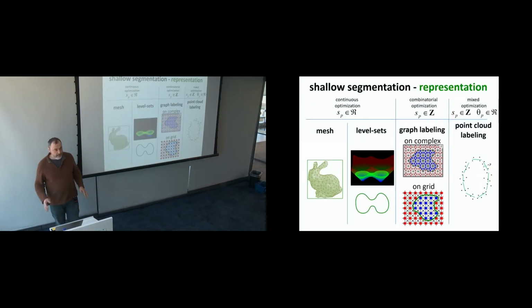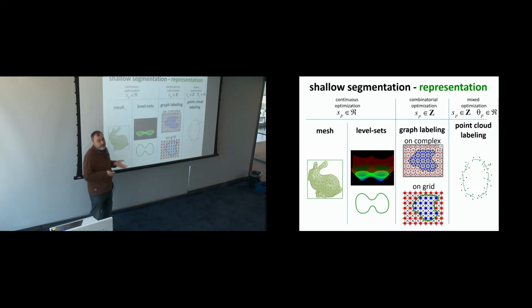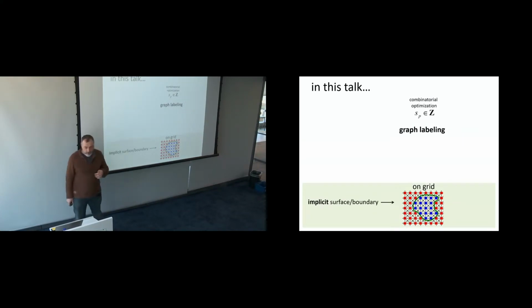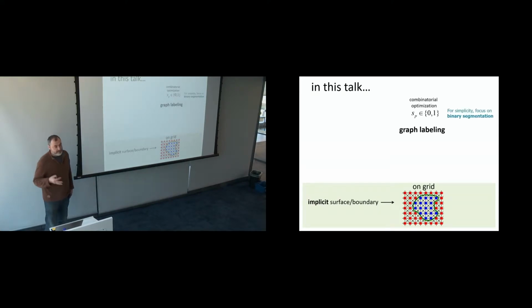And the thing is, this slide is supposed to scare you because I'm saying how you segment depends a lot on how you represent your segmentation. And there's lots of models people developed over the years. This is not all of them, but I'll just focus on one of them throughout the whole talk. First of all, that's where I worked a lot, that's my comfort zone. Also because that fits well into the later deep framework, because we're going to be labeling discrete points. I'll start with labels being associated with the nodes, and you can think about them for now as integer labels, like category or something. For a smooth start, I'll start with binary, just two labels.